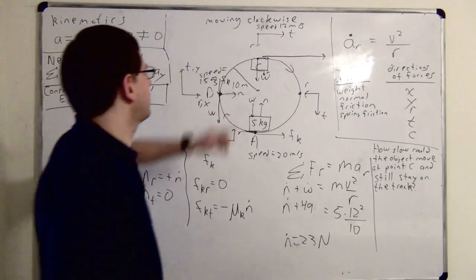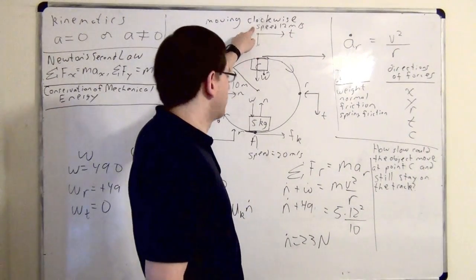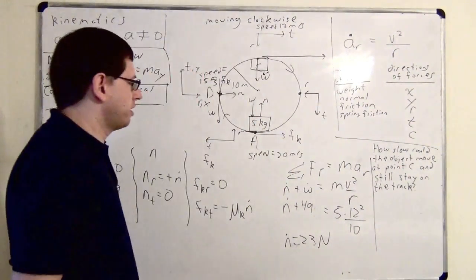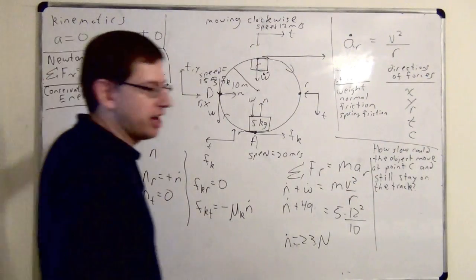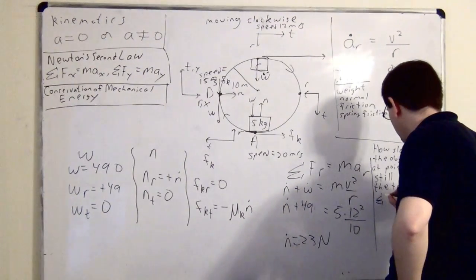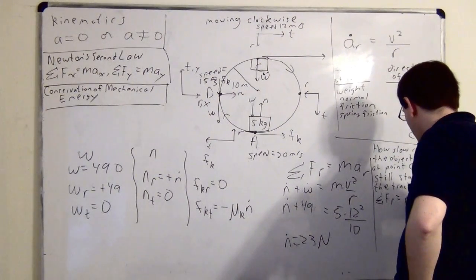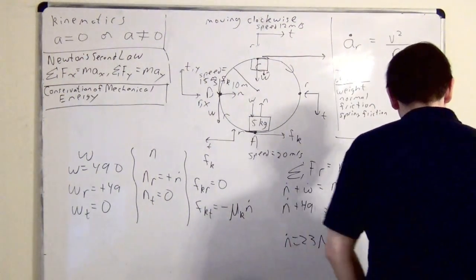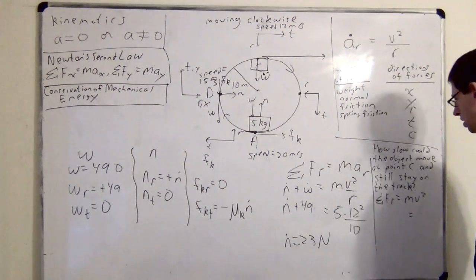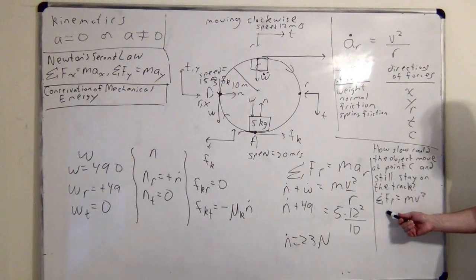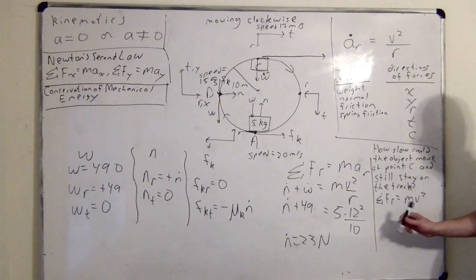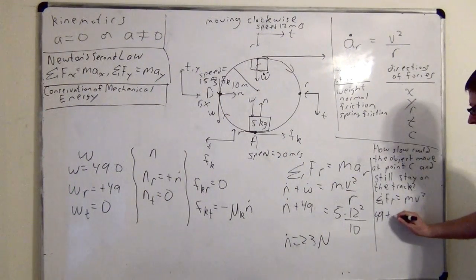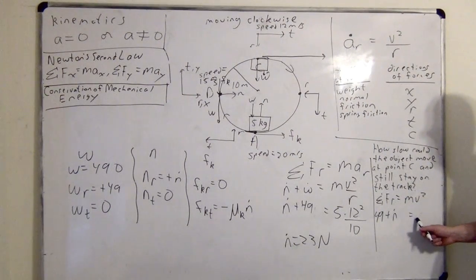Now notice we're not going to use this number anymore. Now we have to ask for a slower speed. So what's the framework we're going to use to work that out? Well, still Newton's second law. And we know that generally we only need the radial component for circular motion. What do we plug in on the left-hand side? 49 units. Positive. Plus N. Plus 0 equals